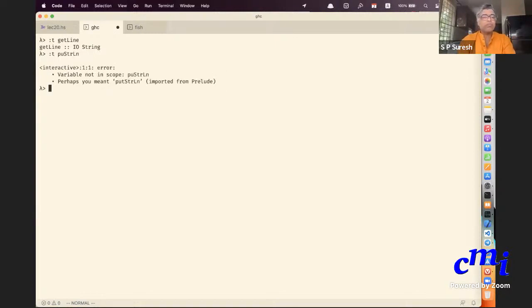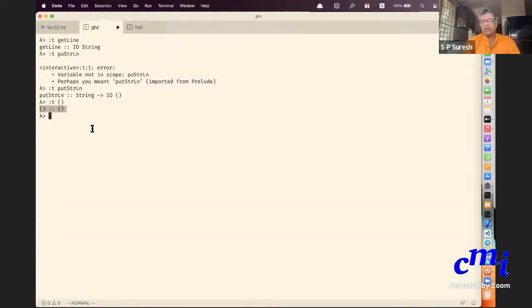So it is of type String arrow IO, because you have to put a string. You take a string as an argument, and the return type is IO because there is a side effect, but there is nothing tangible to return. So you return this thing called unit. There is only one value of that type, and that value is also called unit. The type is also called unit. So you have unit, the value, which is of type unit, the type.